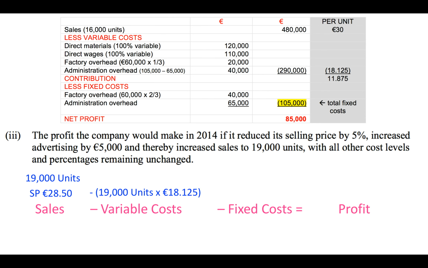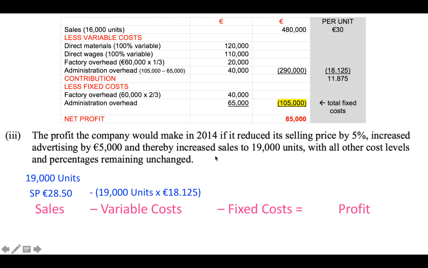We then take away the variable costs. So our variable costs are our costs that change as output changes. And we can see here that the output has changed to 19,000 units. So we're multiplying the 19,000 units by the variable cost per unit, which is 18.125. Then we take away the